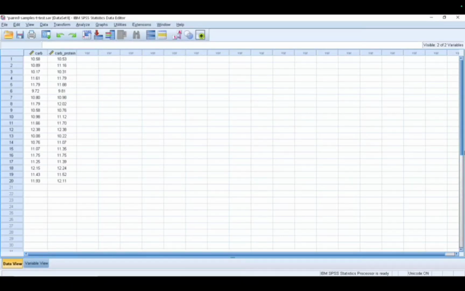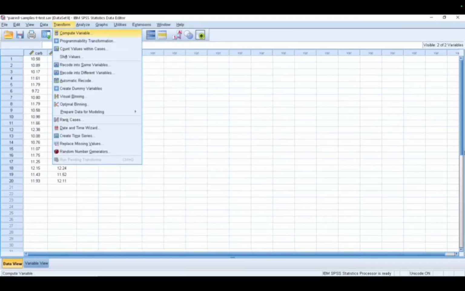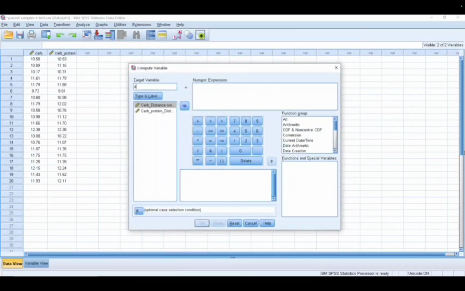We have here the following again. And then we'll go to transform and type difference. Below the difference, we have here the types and the labels, and transfer it to the numerical expression, the carbs protein.